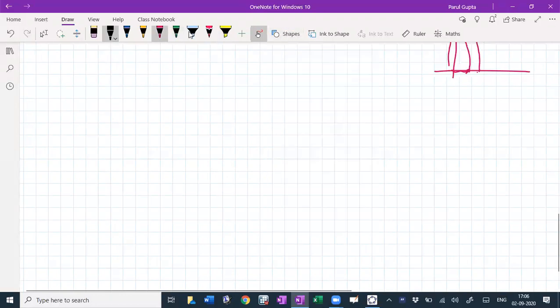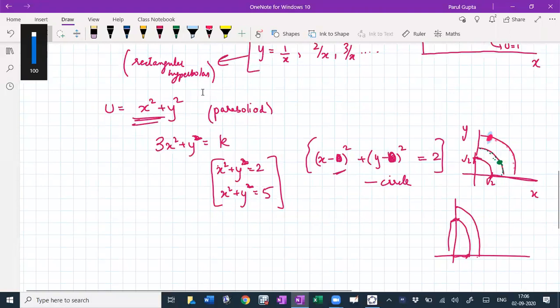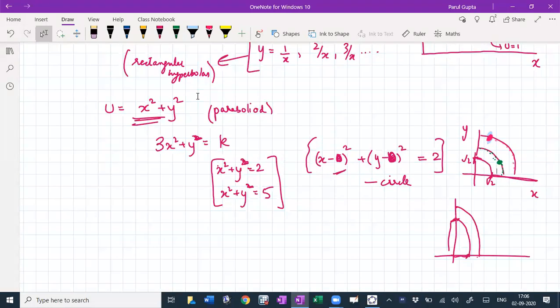Okay, so we will use this intuition to look at some general shapes of indifference curves. And in this chapter, are we going to work with only the first quadrant? Yeah, when you draw the indifference curve, you will draw it in the first quadrant because x and y have to be positive. Remember, x and y are quantities of the commodities that we are purchasing. We can't consume -5 ice creams and -10 chocolates. So x has to be positive and y has to be positive, which means we will always be just interested in the shape in the first quadrant. In the other quadrants, it might be doing something else. We are only concerned with the first quadrant.